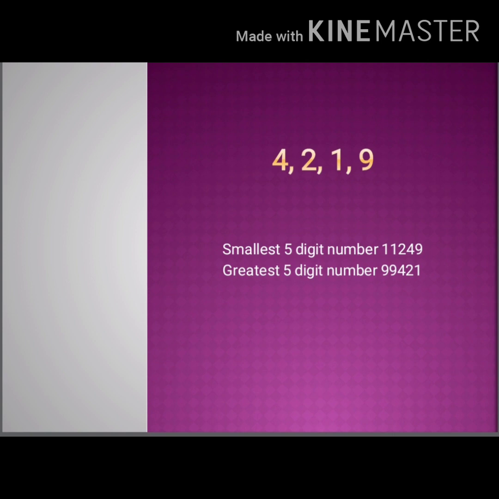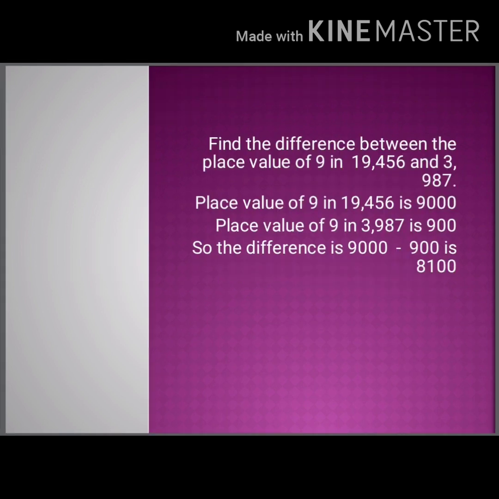In the same case, if they ask you to find the greatest 5-digit number with the given 4 digits, then what you need to do is, you need to repeat the greatest of the given digits, that is 9. So 99421. The last concept in the topic is how to find the difference between the place value of 9 in